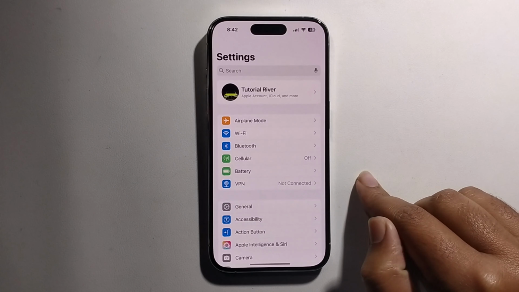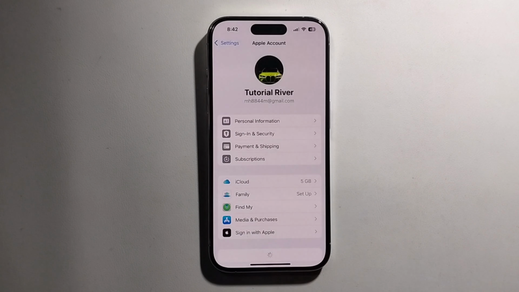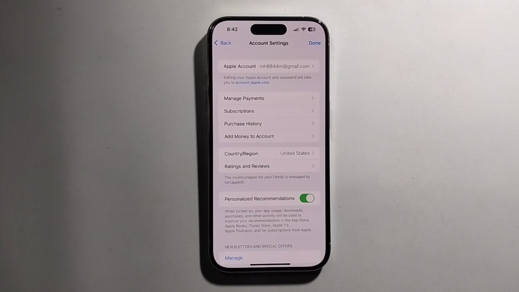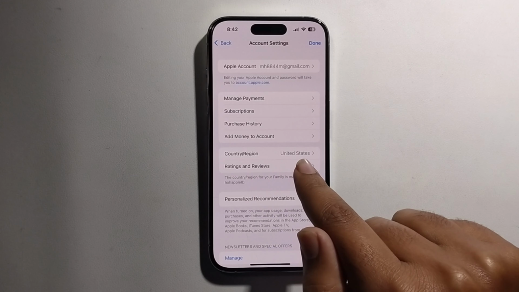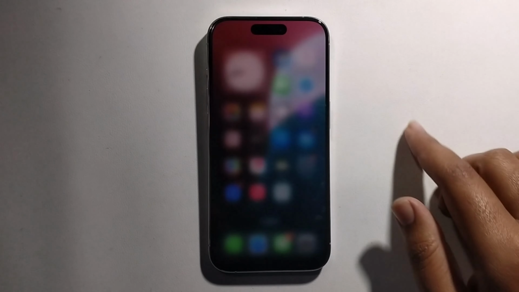At first, open iPhone settings, click on your profile, media and purchases, view account. So look at this, I'm living in the United States, so I'm not changing my region. So go out